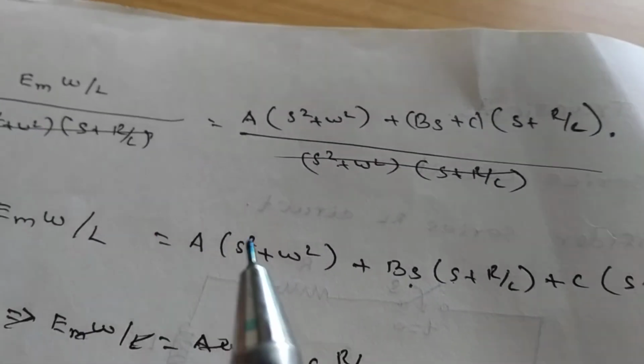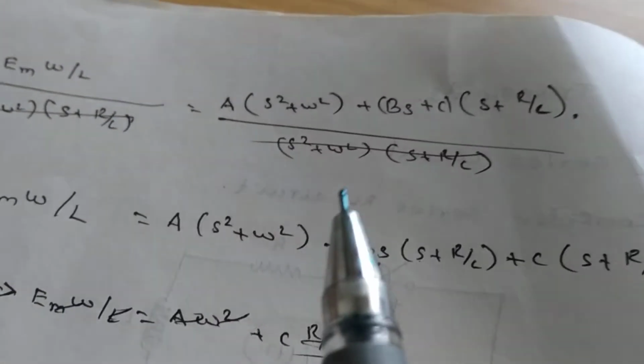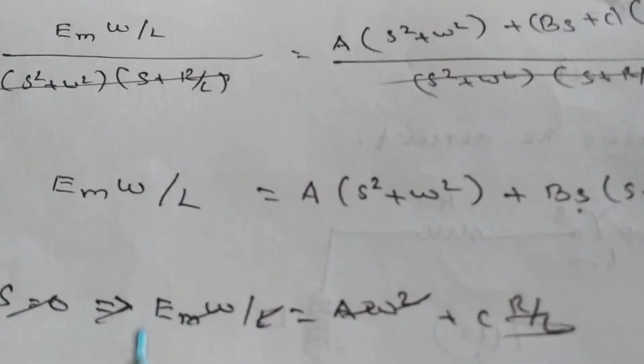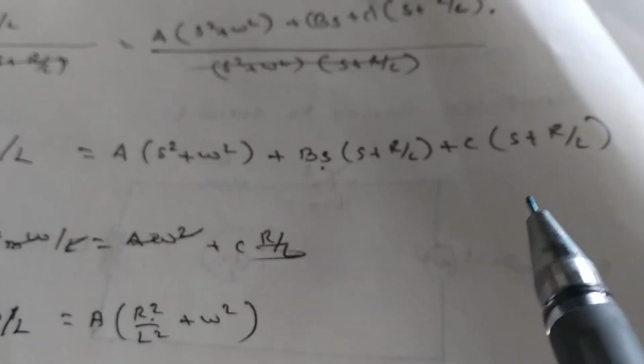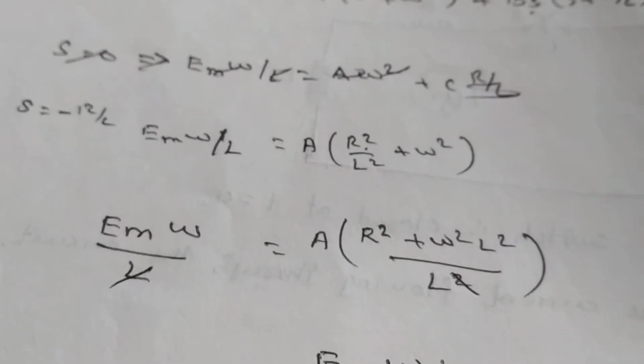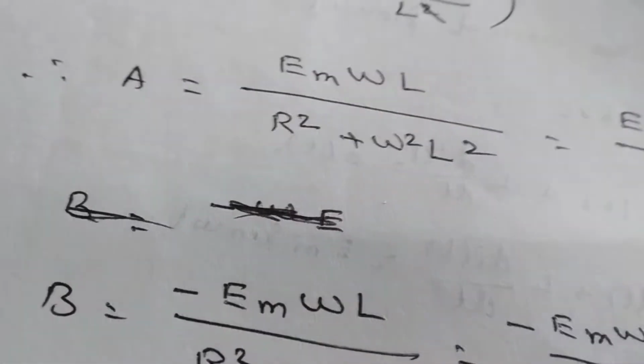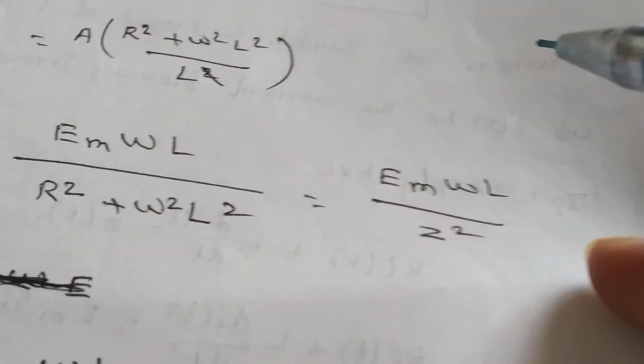Cross multiplying, the common term is cancelled, giving Em omega divided by L equal to A into s square plus omega square plus Bs into s plus R by L plus C into s plus R by L. Put s equal to minus R by L, giving Em omega by L equal to A into R square by L square plus omega square. Substituting the values to find out the A value, A is equal to Em omega L divided by